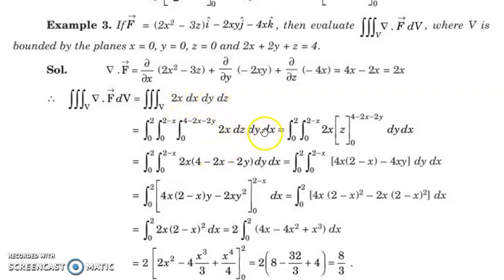Now we will choose the order of integration as dz dy dx. Okay, so you can choose any order of integration. So for this one, I will take dz dy dx. Then z, in the z direction, it will vary from z equal to 0 to the plane in